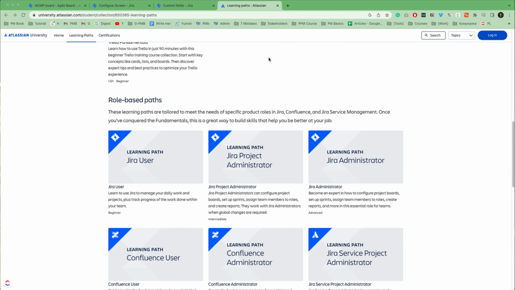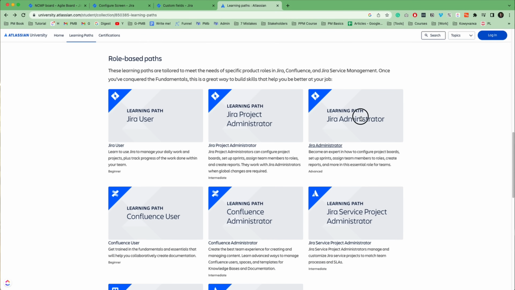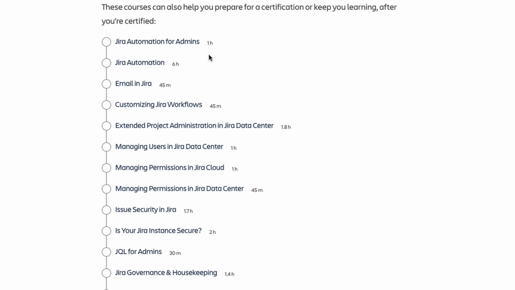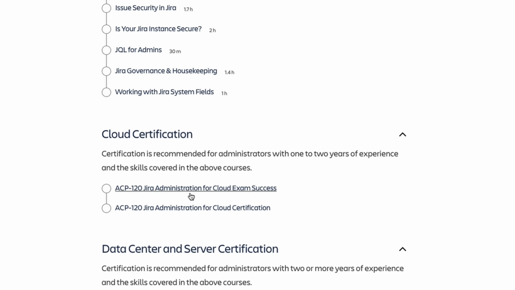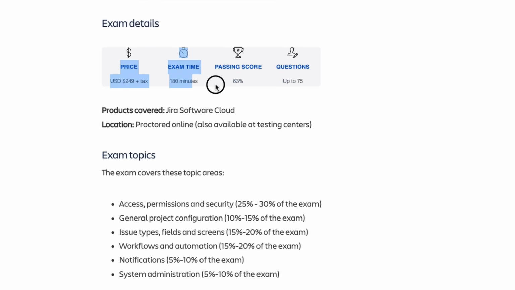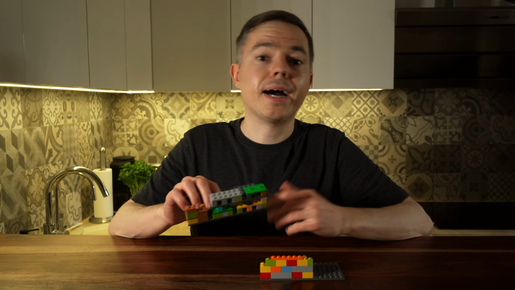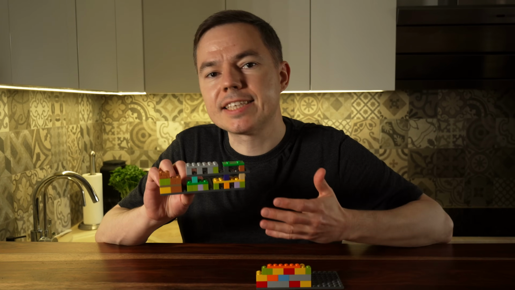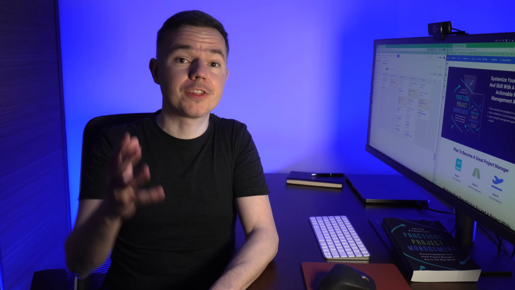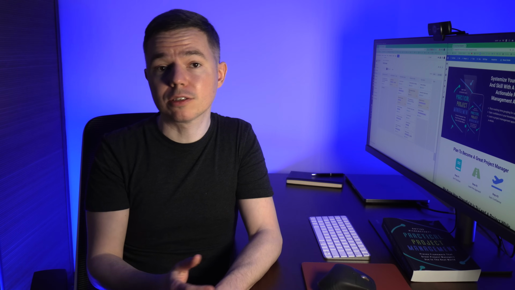However, if for example you must be a proficient Jira administrator to get your next dream job, you can take one of the Atlassian's learning paths. It would take dozens of hours of online courses and several $100s for you to complete. But I repeat it, you don't need this depth of knowledge. To run an IT project, you need advanced user skills, not Jira administrator skills. Alright, that's why let's focus on things that you really need to know how to use.